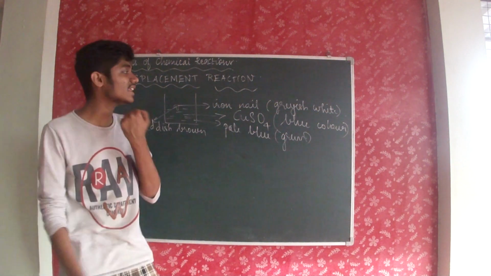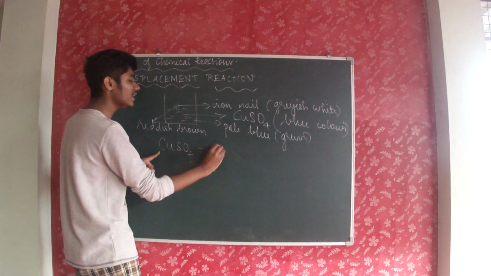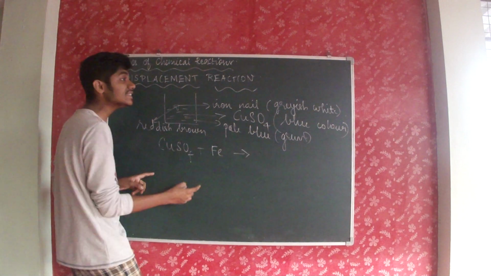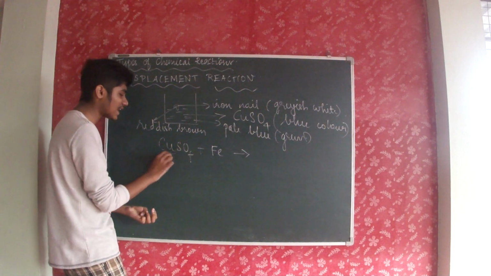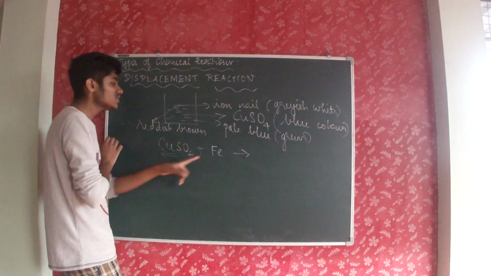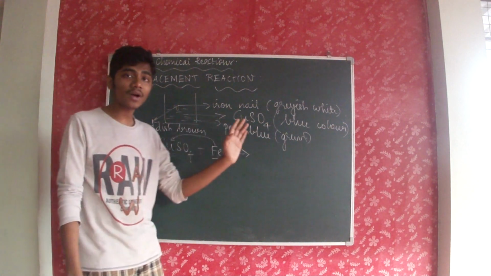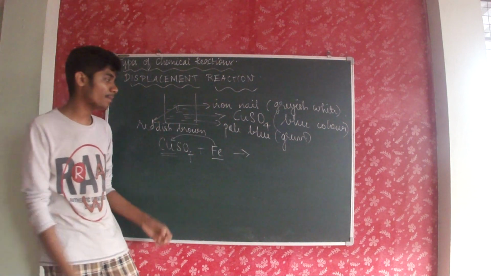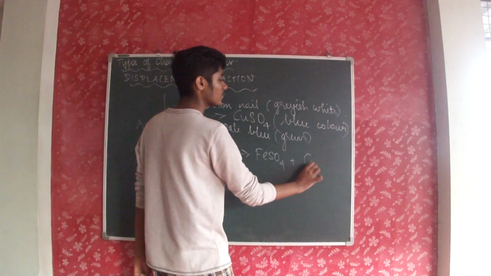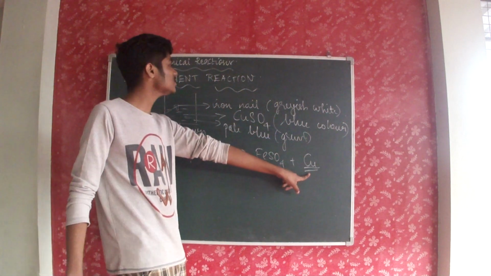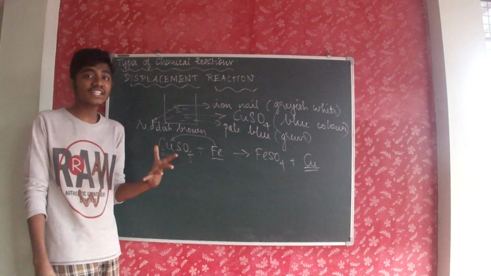So why does this reaction take place? Shall we write the reaction? CuSO4, you are adding iron nail, so Fe gives, as iron is more reactive than copper. So this is the chair upon which copper is seated. So iron is more reactive. When it approaches here, copper should actually give up because iron is more reactive than copper. So it will take the place. FeSO4 and Cu will be left alone. This is the copper deposit, the reddish brown deposit on the iron nail. This is what makes the iron nail look reddish brown in color.